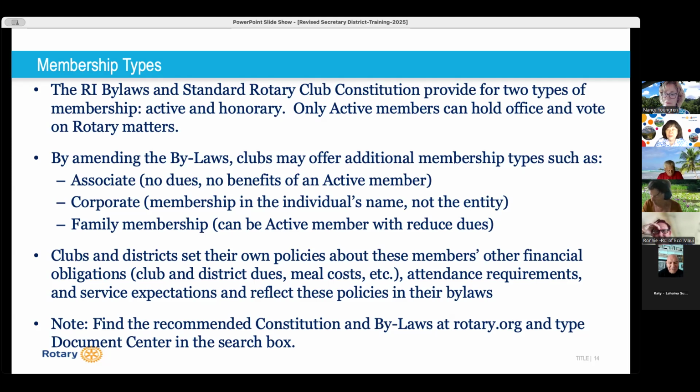I don't know. We've got to look at that. Well, once you put them in as active, you're going to be charged from the district and Rotary International. So if you're only collecting 100 and you've got to pay 180 for annual dues for the two sides, then the club is subsidizing them. Exactly. Yeah, we'll look at honorary. I like that. Thank you.